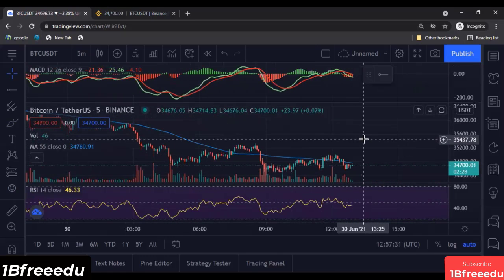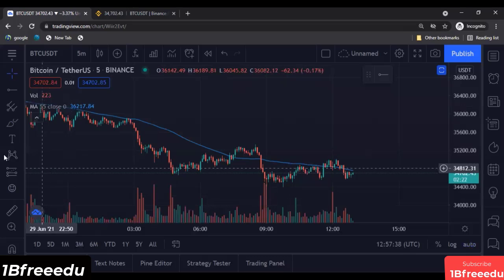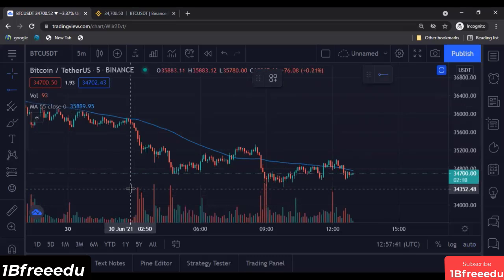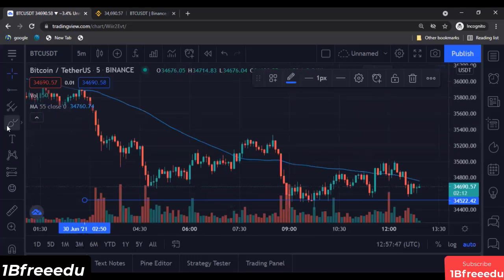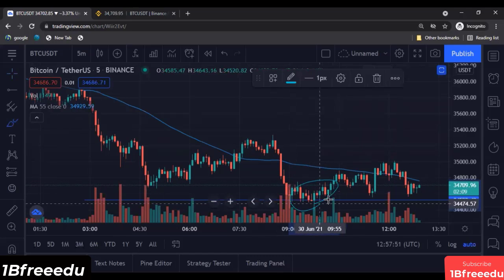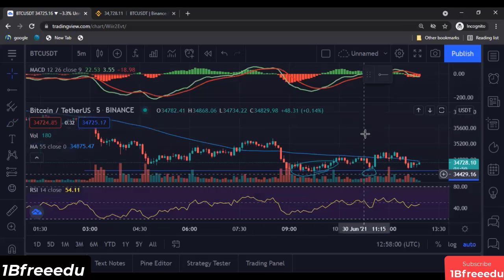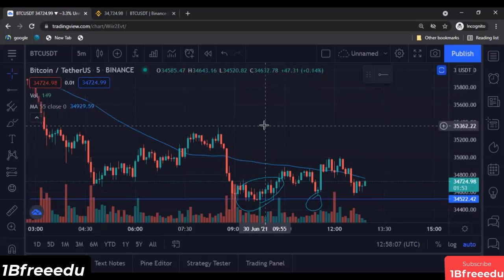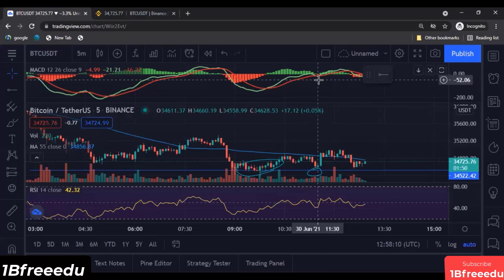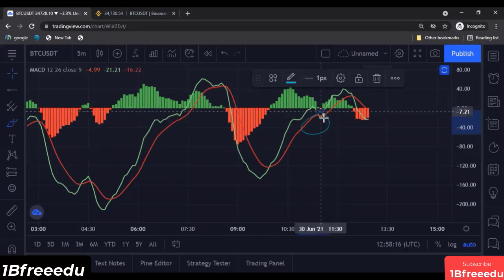So if you just see how you could have done that here as well. If you see here, this line is the support. As you can see, it has acted as support perfectly here. So when the price just came nearby, I would have taken this trade here. And what would have supported me was this crossover. There's a crossover happening,